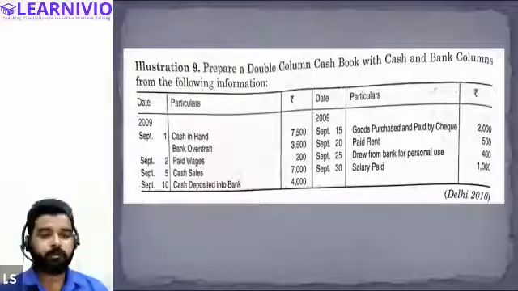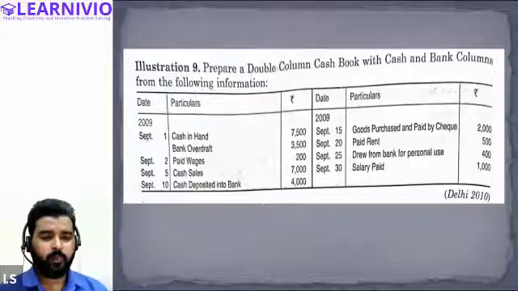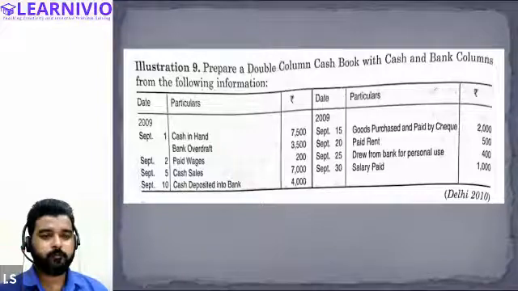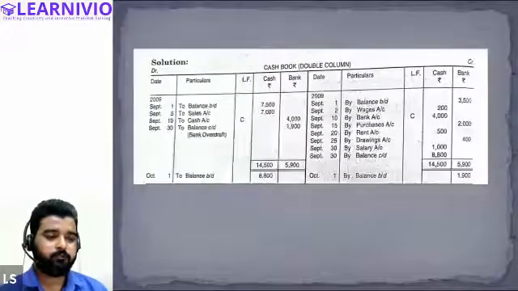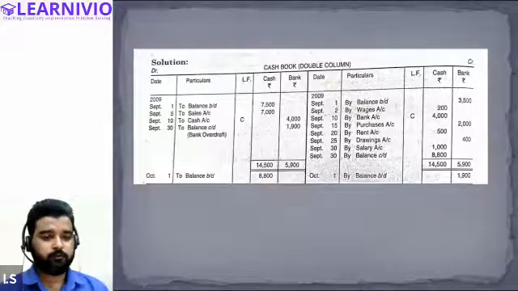Samiksha, you tell me. Sir, cash I got 7,000, and bank, technical, 1 minute, sir. Samiksha, have you got the answer? Sir, I'm not that sure. But on the debit side, is it cash 14,500? Yes, right, 14,500. And bank also 5,900. Yes, sir. All right, so perfect.